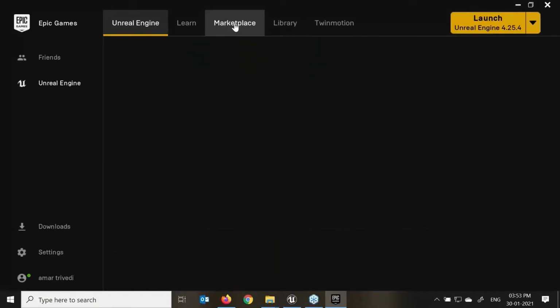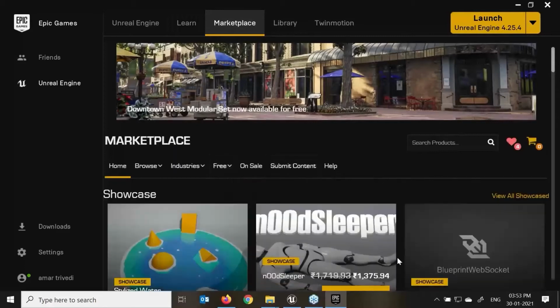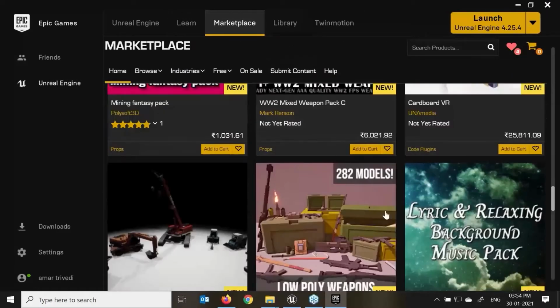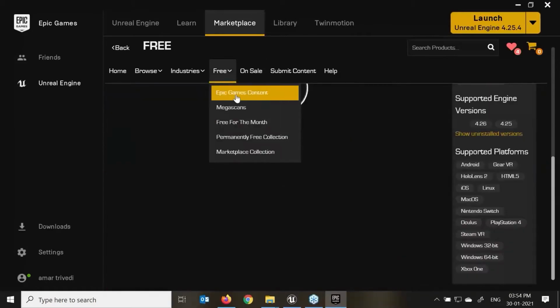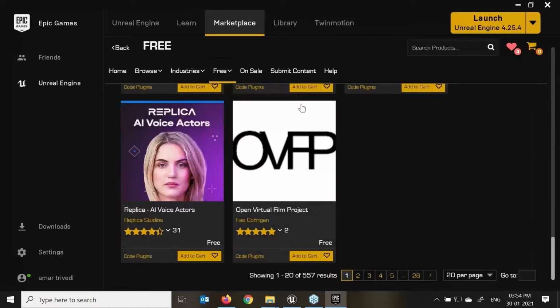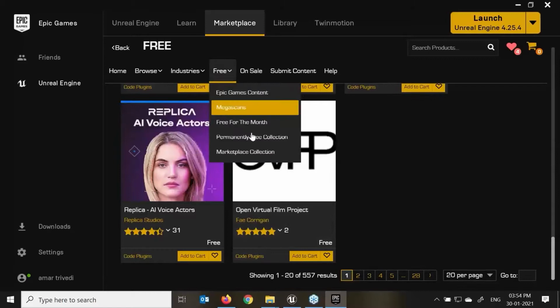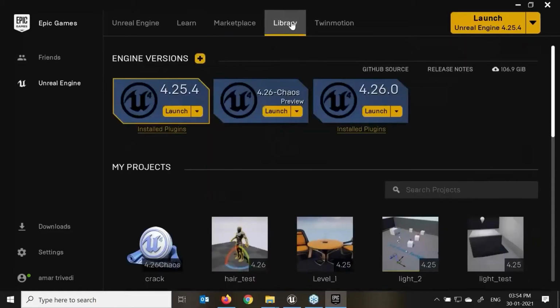If you click on this marketplace, there are different presets and tools available. When I go to my library, here you can see some cost money, and some are free per month or per day. Here you will find it out. There are lots of different tools available free for the month. This is free. I just need to click download and it goes into my library.